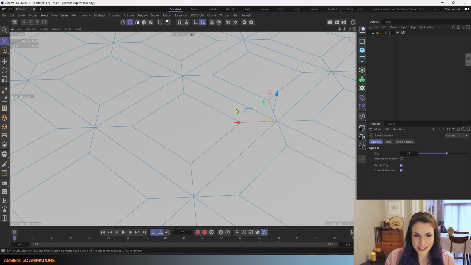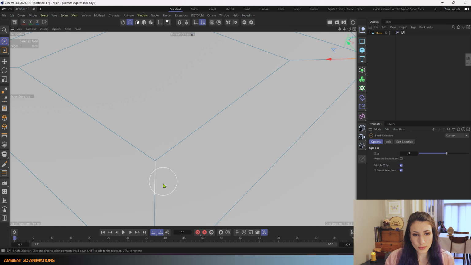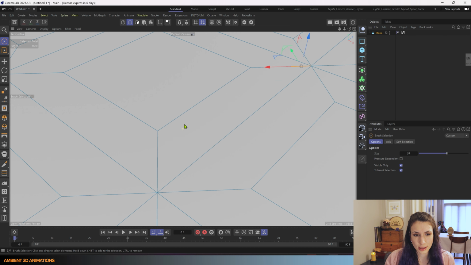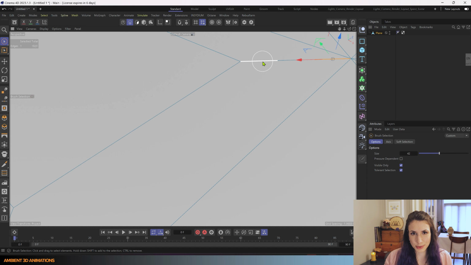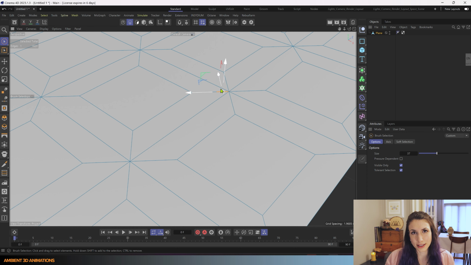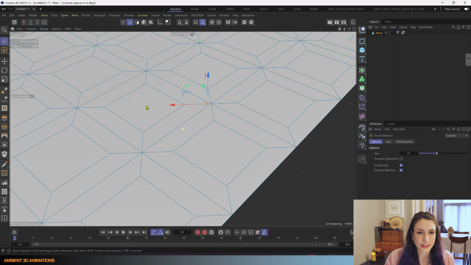And I've explained this in past tutorials, but in case if you're new, I'll explain it again. An N-GON is a polygon with more than 4 edges. So this one here has 4 edges, 1, 2, 3, 4, so that's a quad. This polygon here has 1, 2, 3. I'm going to make this a little bit smaller. 4, 5, 6, 7, 8. So that's an N-GON. It has more than 4 edges.